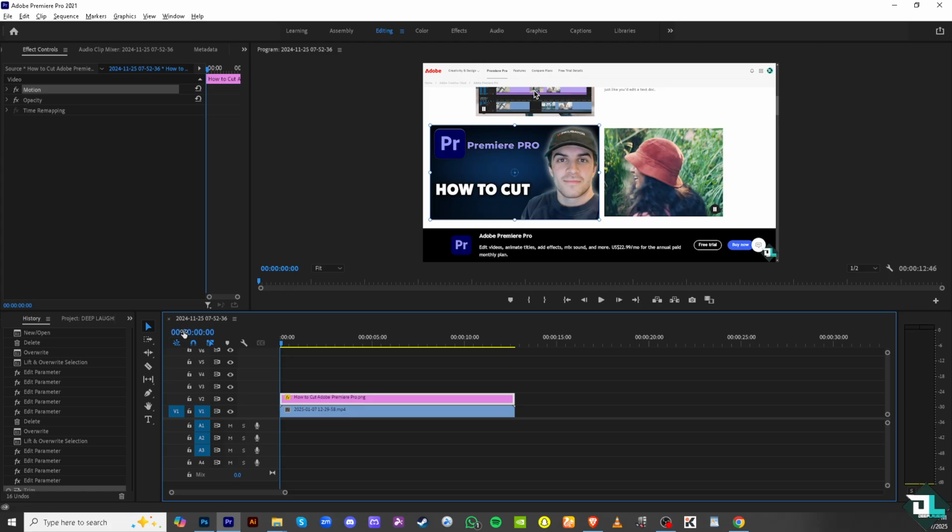The razor tool can be found on the tools section here on the left side panel. If you hover down, you would notice that there are names for the tools: selection tools, the track select forward tool, ripple edit tool, and the razor tool. So if you press the C button on your keyboard, you see from the arrow it changes to the razor,